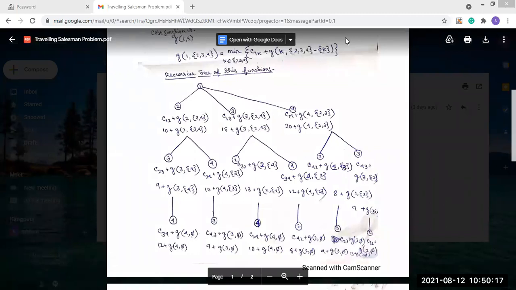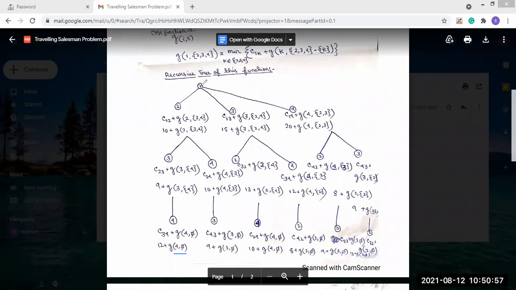According to the recursive tree, using this formula we have derived, and I explained in the previous class how the derivation occurred. So step by step we have derived, and at last we reached that we already covered all the vertices. After this, the traveling salesman problem states that if we have completed visiting all the vertices, then return to the starting vertex again. That's why in the last it is written 5. It is 5, that means all the path is covered.